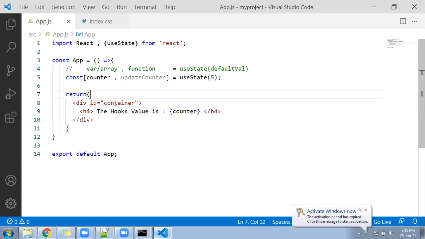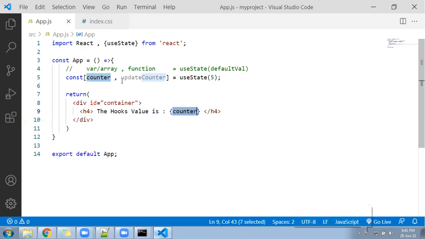Now I have already created the ID in the CSS file. I'll show you now what it should print here. Any expectation? Look here. What we have given by default is 5. So indirectly you can say counter is a variable, a hooks variable. Update counter becomes a function that is going to operate on counter. In counter, if you want to make any changes, maybe you want to delete the value, update the value, or modify anything, then since it's a constant, you cannot modify it directly.